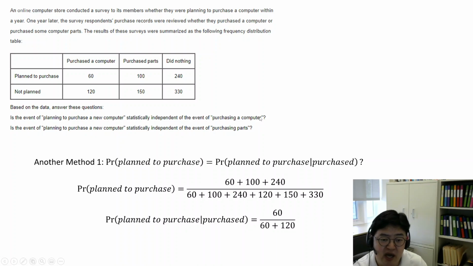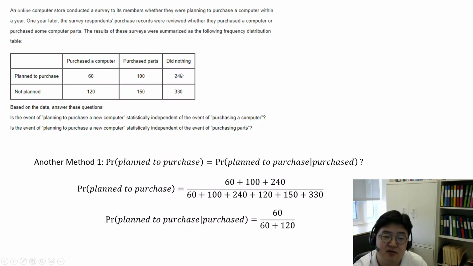Actually, you may change the role of plan and purchase when you calculate the conditional probability. Switch their roles, using purchase as a condition and planning as the main event. It is also possible. Basically, the idea is the same. We are going to calculate the unconditional probability of planning to purchase. That is out of all observations. So the denominator includes all numbers. Out of them, these 3 categories, 3 types